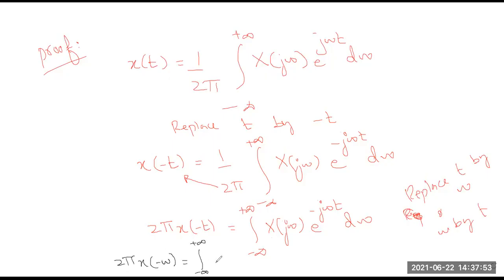राइट साइड पे क्या होगा? राइट साइड पे हमारे पास हो जाएगा x of j t, e power minus j omega t। अगेन ओमेगा को हम t से रिप्लेस करेंगे, t को ओमेगा से रिप्लेस करेंगे, so it means we will get the same thing. और क्योंकि हम t को ओमेगा से रिप्लेस कर रहे हैं तो d omega की जगह मेरे पास आ जाएगा d of t।